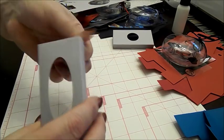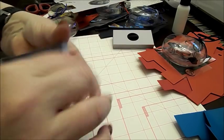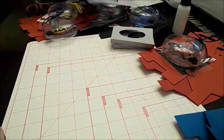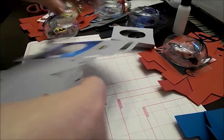We're just going to, I love that art glitter glue. It's already grabbed. I could probably pull it apart and re-stick it, but I don't need to. I'm going to let that sit, and then we're going to go back to the box. And now what you're going to do